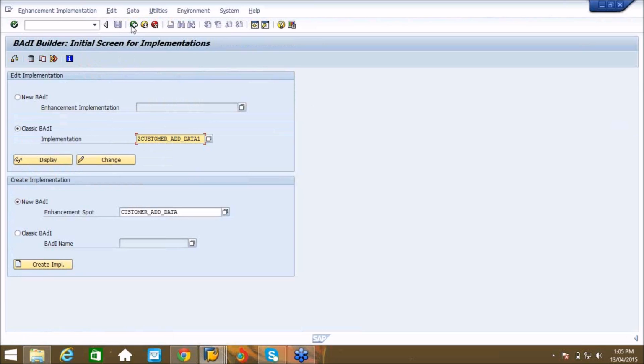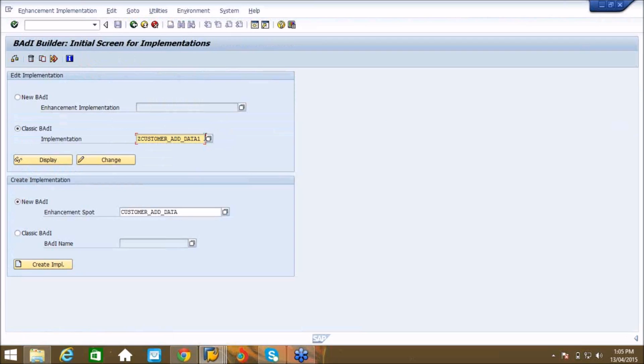User exit is not like that. Once you have done the implementation, you have to go with that. Otherwise, you need to write some code with an if condition. If some condition is satisfied, execute the first implementation. If the condition is not satisfied, execute the second implementation. Something like that. You have to separate with some if conditions in the user exit. But multiple implementations are not possible with the user exit. Within the same user exit, within the same function module, you need to write the code. Here it is not like that. You can create multiple implementations and individually control them by activating and deactivating.